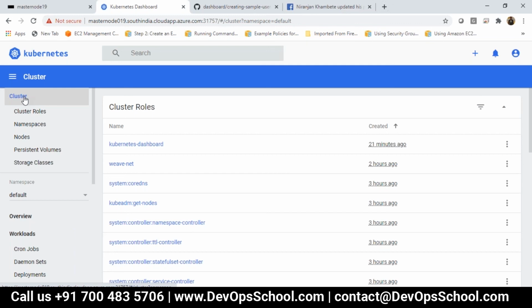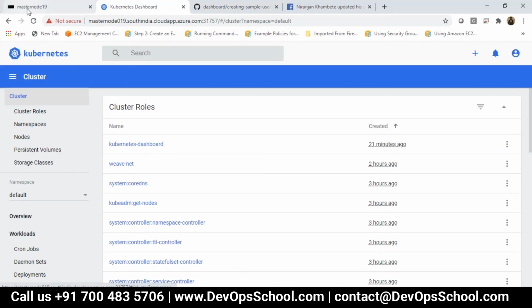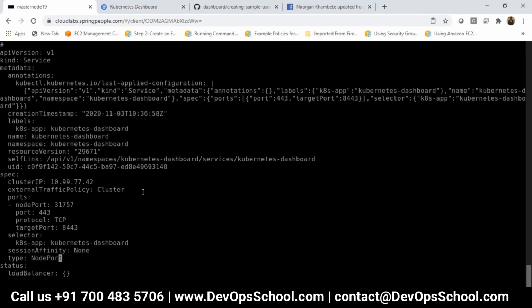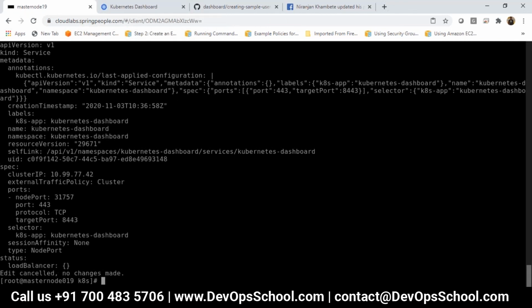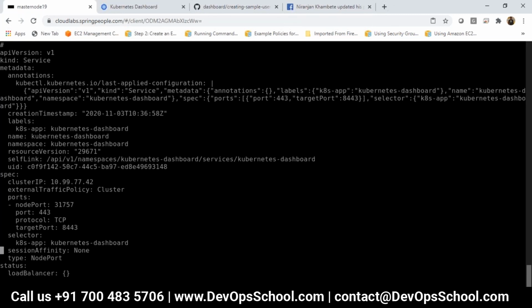Gopal, when we need to give this svc command, at which step? You have created up to the token level. Now do the kubectl edit svc command. After the token, go below.